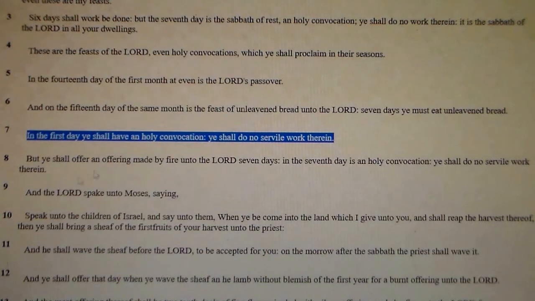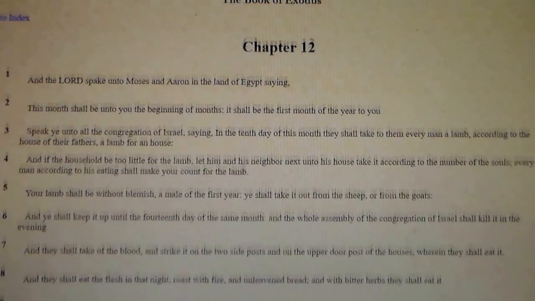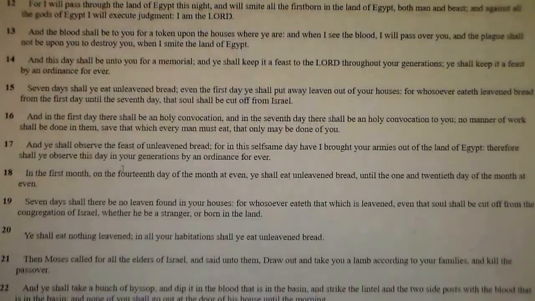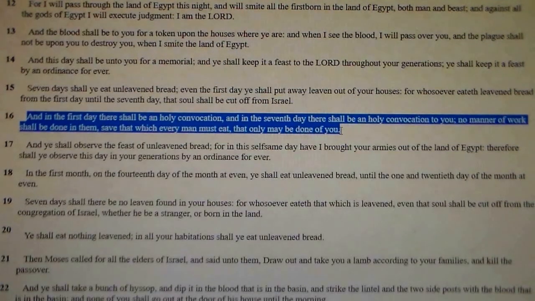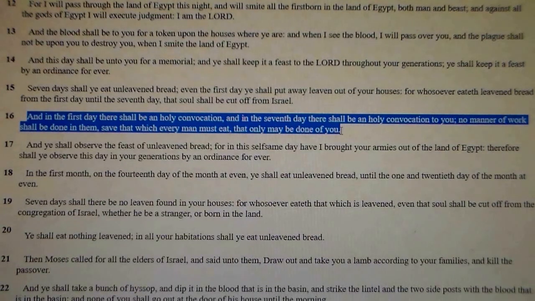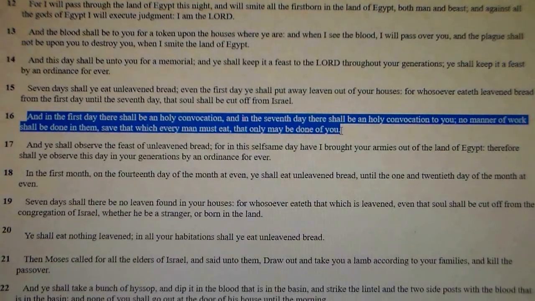And again, here in Exodus 12 and verse 16, it says, and the first day there shall be an holy convocation. The seventh day there shall be a holy convocation to you. No manner of work shall be done in them, save that which every man must eat, that only may be done unto you. So you see,